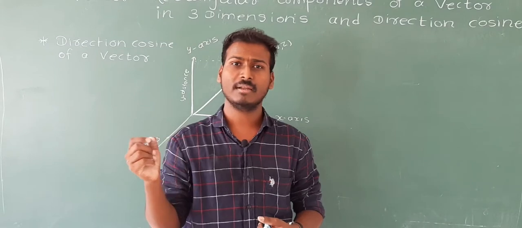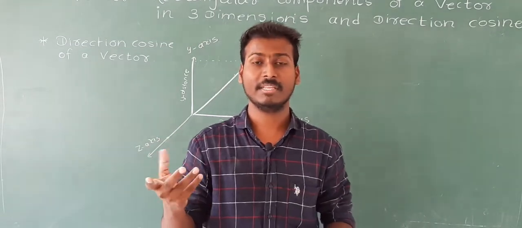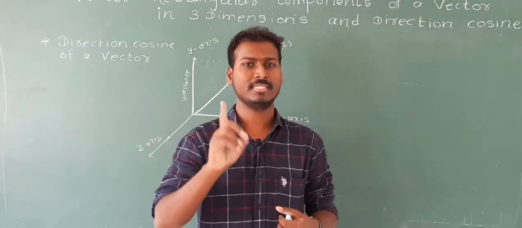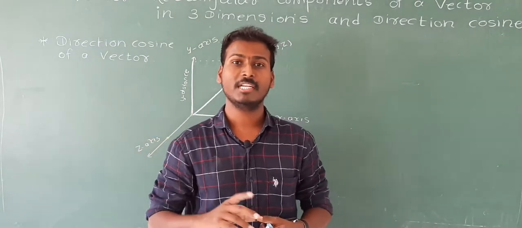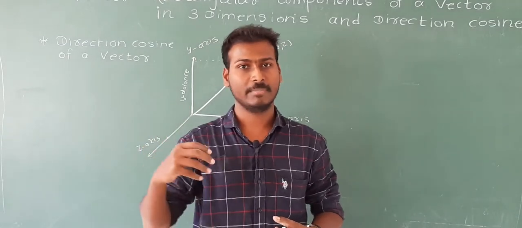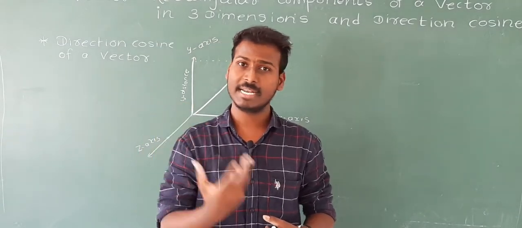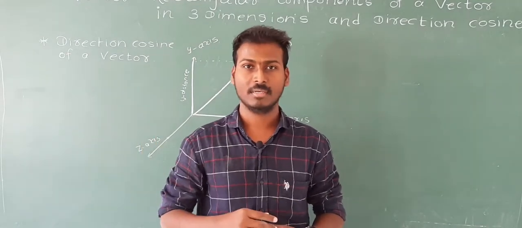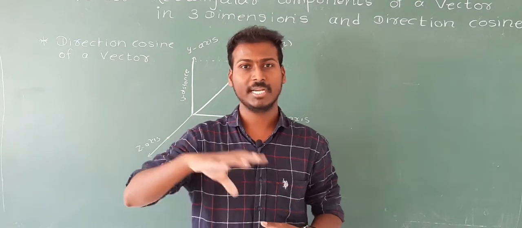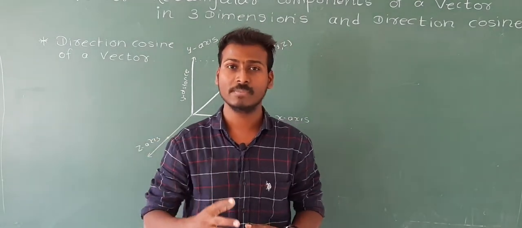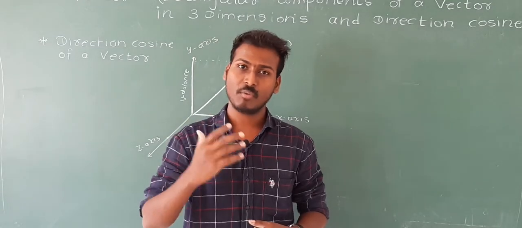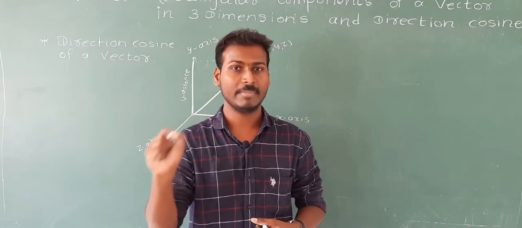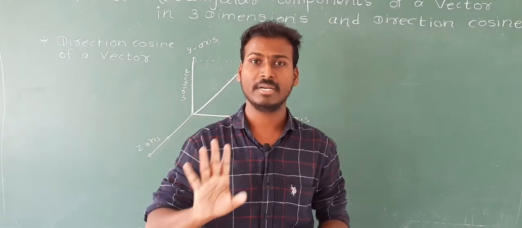By this you can analyze that there should be 3 direction cosines, because even if the given vector is a single vector, it may create an angle with the x axis, an angle with the y axis, and an angle with the z axis, all three axes at a single point. If the object is moving in 3-dimensional space, then definitely it will produce an angle from the x axis, y axis, and z axis. So direction cosine is the cosine of the angle between the given vector and the 3 coordinate axes.